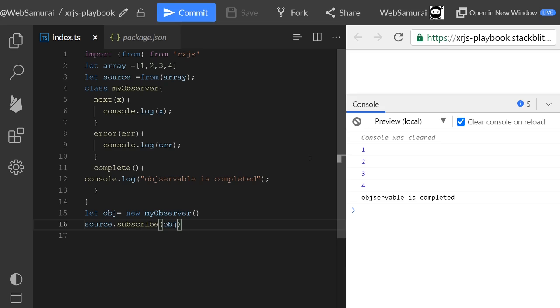As soon as I save, you can see on the console that the values emitted are coming from this observable array.